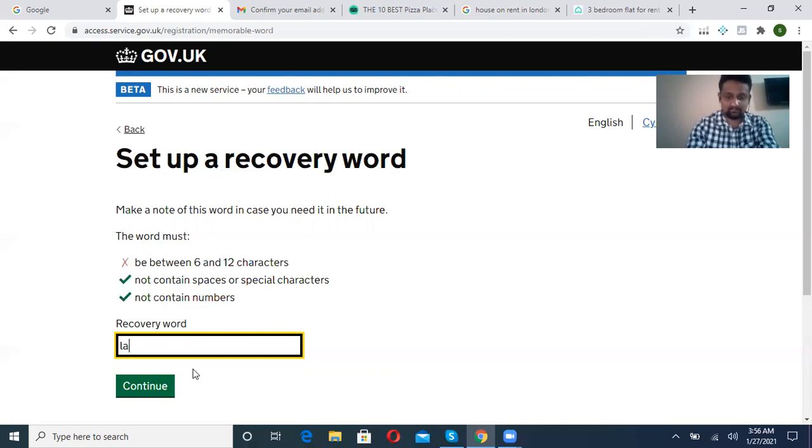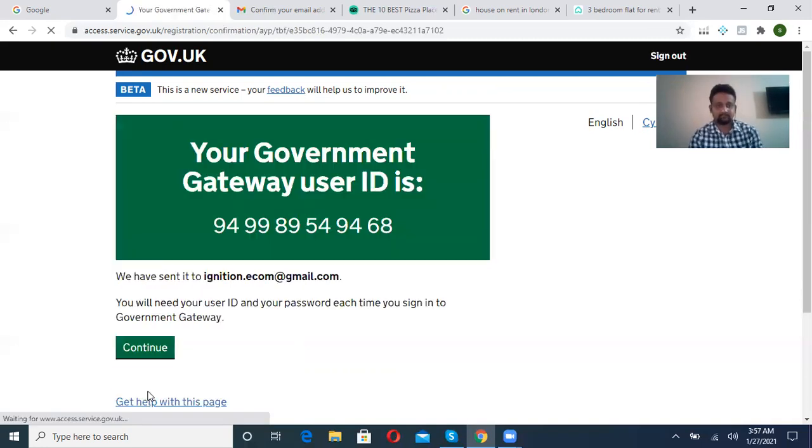Okay, continue. So this is your gateway user ID and you need to remember this.